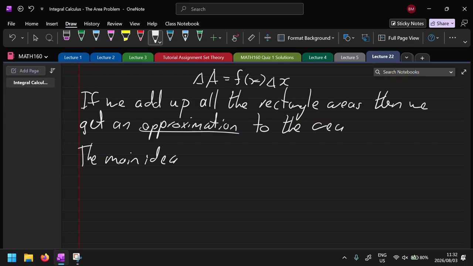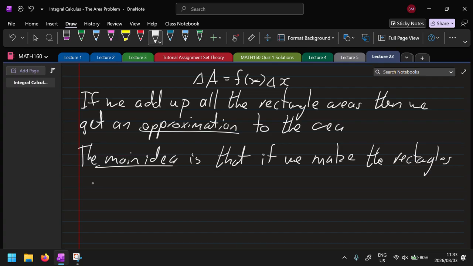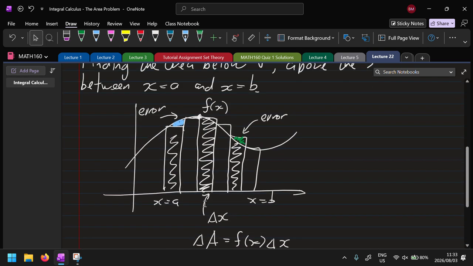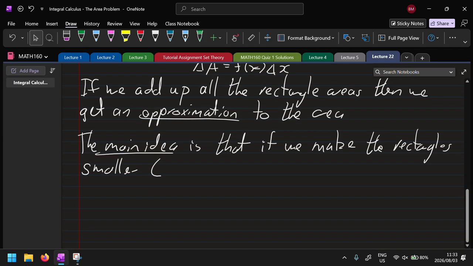So the main idea is that if we make the rectangles smaller, or equivalently, we just fit more of them in that space. So here we had 1, 2, 3, 4, 5, 6 rectangles. If we tried to fit in 10 rectangles, right, they would be smaller, right? Because you have to fit it in the same space. So either we make them smaller,